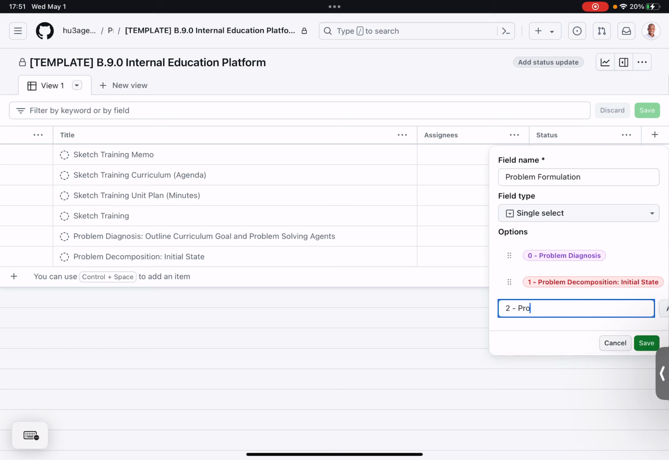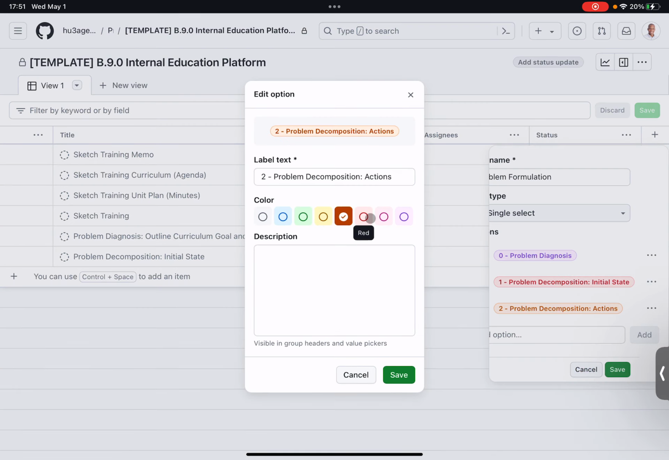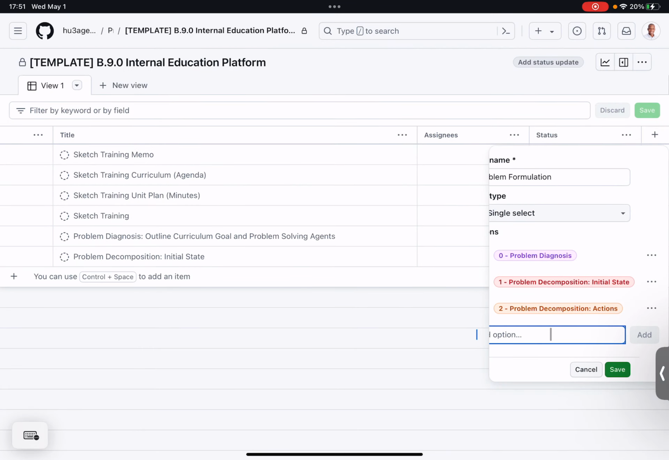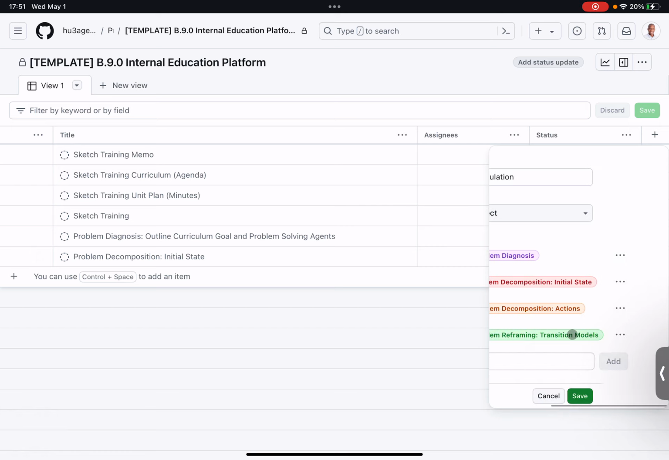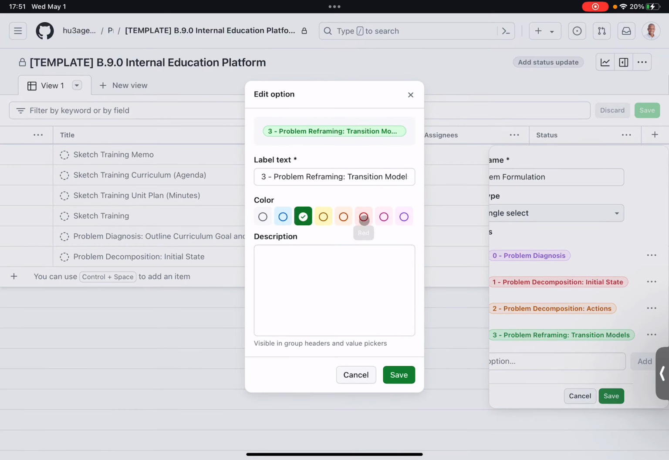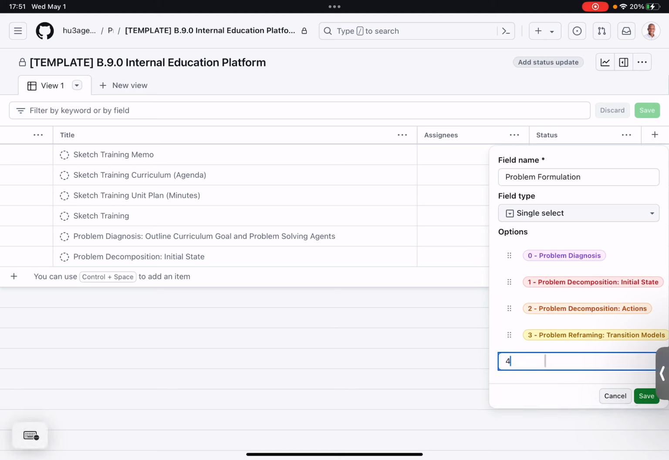Two, problem decomposition actions. Is that already orange? Yeah, that's orange, right? Yes. And it's 3, problem reframing transition model. Let's add that. Let's make it yellow. Next, we have 4,